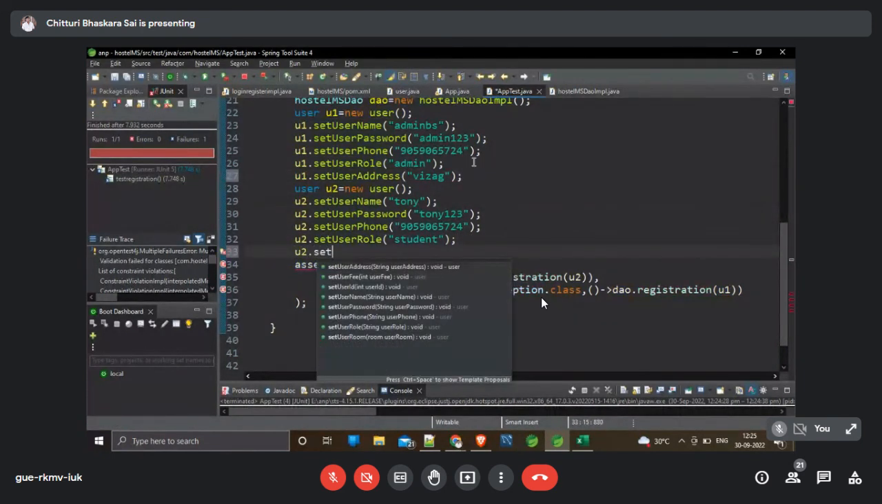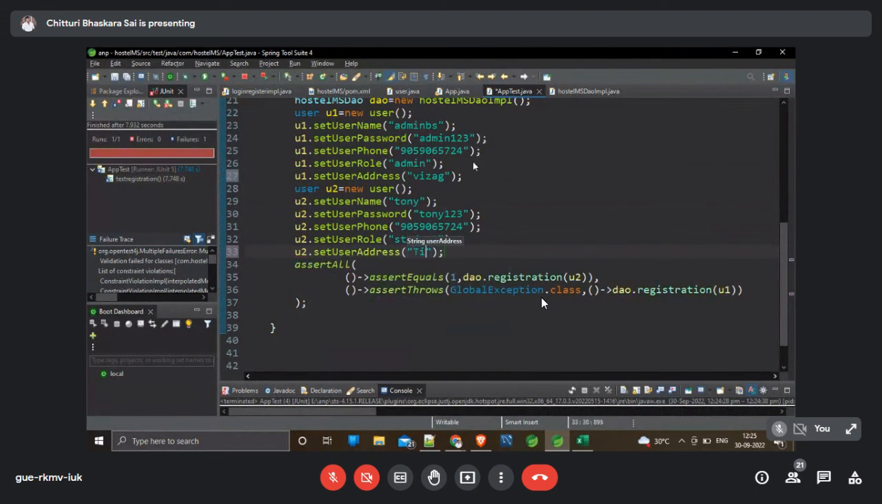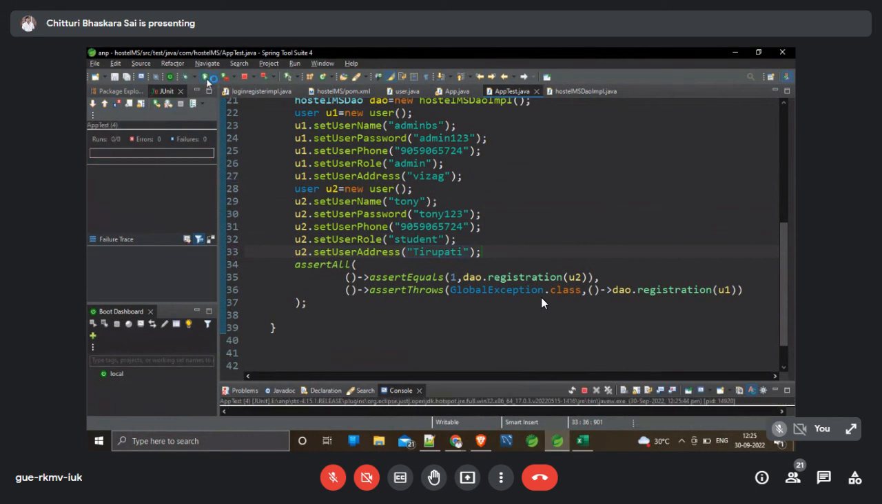dot set user address 30. Now write the test, run it. Just wait for the test case. Yes, we got it. See, okay, because of the Hibernate validations only, in the previous run, we didn't